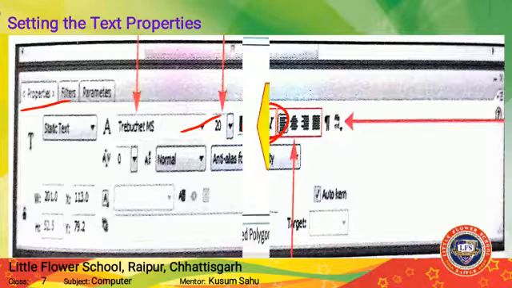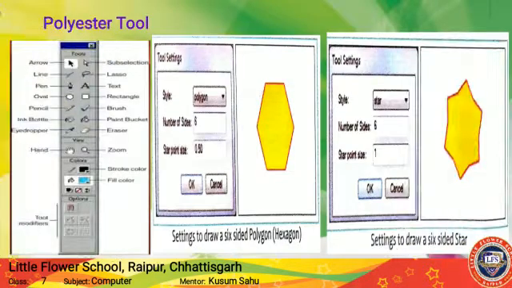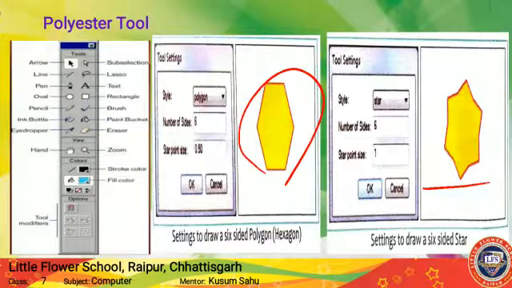Now we will see another one, that is using the polystar tool. How we will use it, we will see here. The polystar tool is grouped with the oval and rectangle tools and works in quite the same way. Means it works like the oval and rectangle tool. This tool allows us to create polygons and stars with up to 32 sides. Means this type of tool is used to create a hexagon, polygon or star. You can see it works like the oval or rectangle tool only.